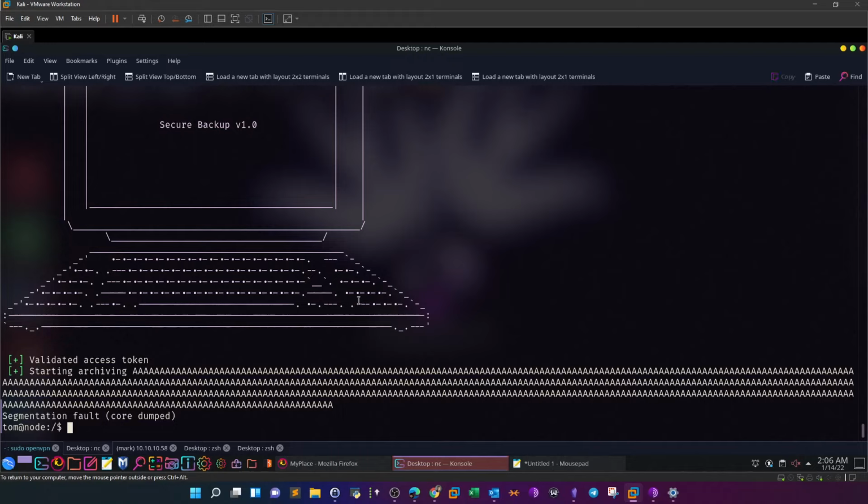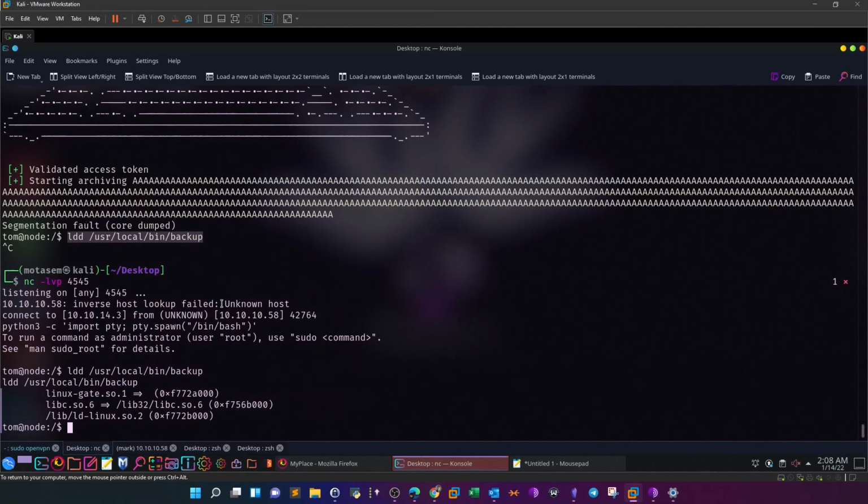We can do that with ldd. So ldd /usr/local/bin/backup. All right, so as you can see, the libc exists at this address. So next we're going to find the address of the system. Make sure to run these commands on the target machine, not on your machine. readelf -s /lib32/libc.so.6